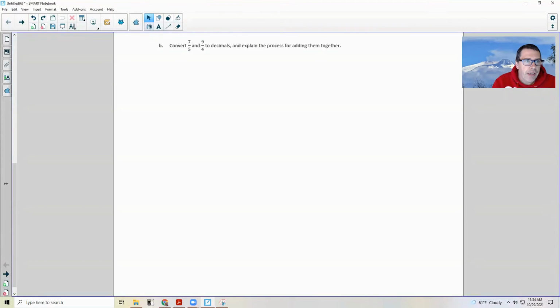Okay, part B now says, convert 7/5 and 9/4 to decimals and explain the process for adding them together. So 7/5 is going to be 1 and 2/5. And then converting that is going to be 1 point. Since I want tenths, I need to multiply by 2, so that's 1 and 4/10. And then if I do the same for 9/4, I don't need to rewrite it. 9/4, 4 goes into 9 2 times with a remainder of 1. So that's 2 1/4, which is